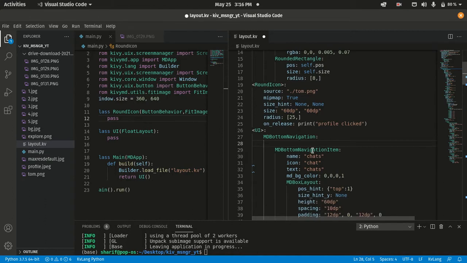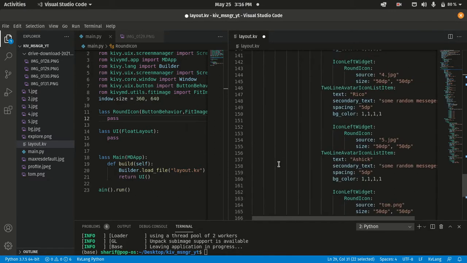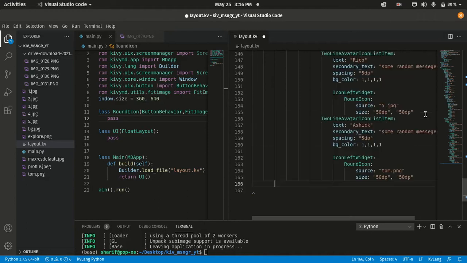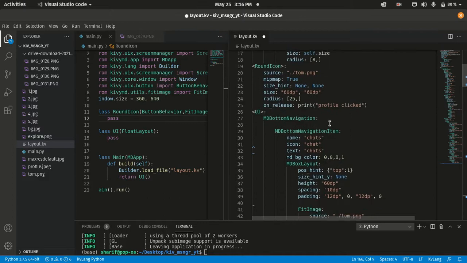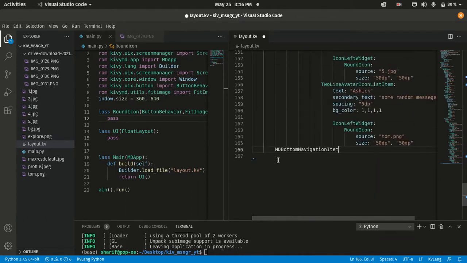Okay guys, after that I'm going to add another empty bottom navigation item for our story window or something like that. This is not a window, this is a tab. Okay, let me check the indentation. The indentation should be in this place, and then I'm going to set this screen name as people,